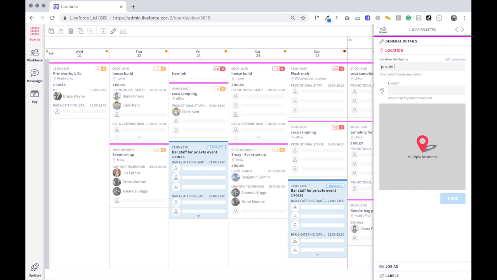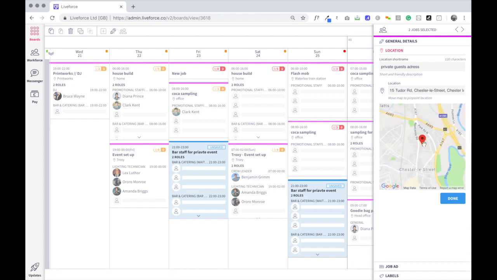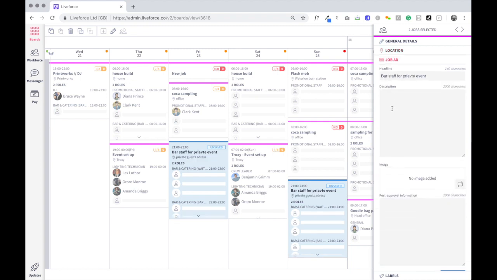So let's just say it's private guest's address, and then I'm actually going to put in the address here. So I'll know where my mum lives. Again, just use Google Maps, and it's just going to obviously pull that address up for you, and then you can sort of move this pin to specify exactly where you want them to meet up. Click done,